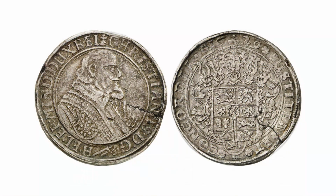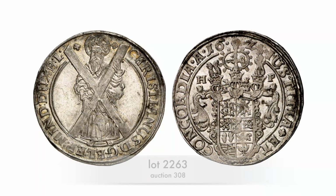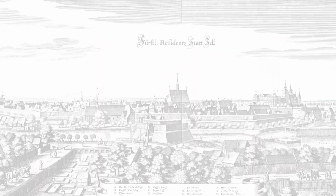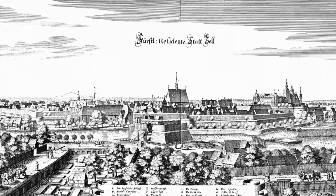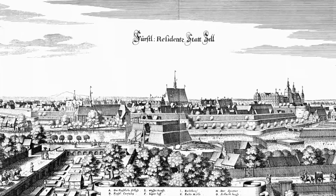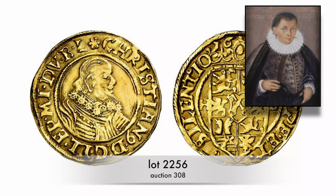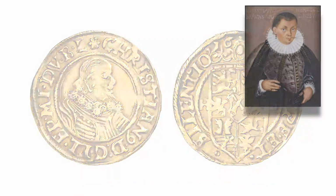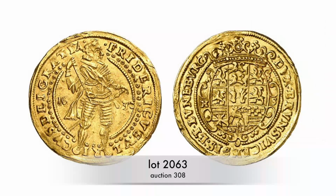Only since then was the coinage of Brunswick-Lüneburg as extensive as that of Brunswick-Wolfenbüttel. Attention! Since 1433 the Dukes of Brunswick-Lüneburg resided in the town of Celle. That is why this line is normally called Brunswick-Lüneburg-Celle. So at the beginning of the 30 Years' War, Christian ruled over Brunswick-Lüneburg-Celle, Frederick Ulrich over Brunswick-Wolfenbüttel,